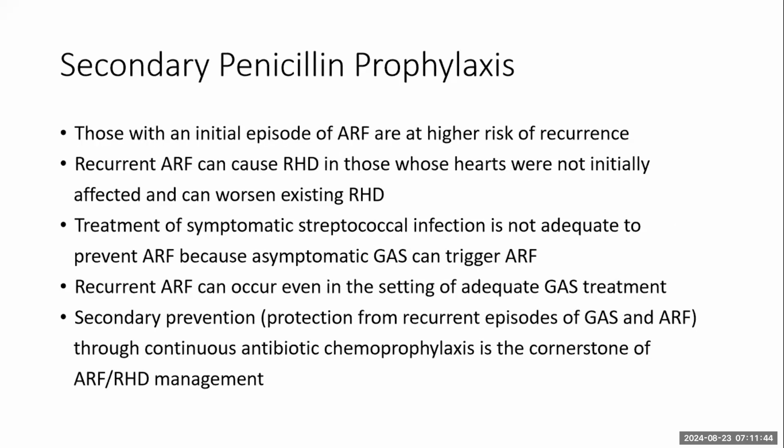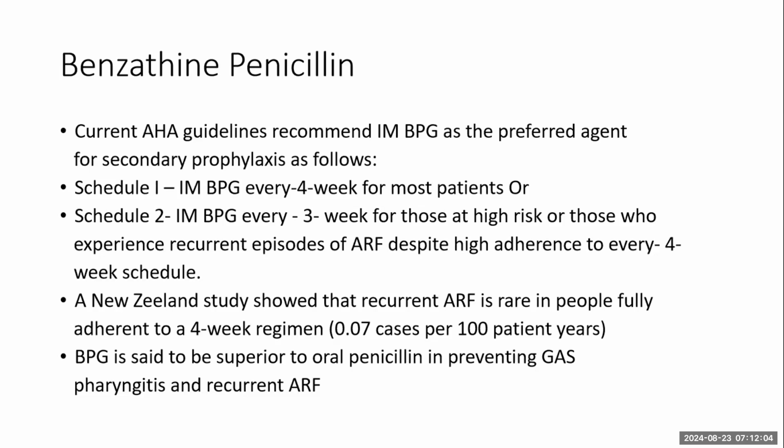For secondary penicillin prophylaxis, which is our specific management, it is started in those with an initial episode of acute rheumatic fever at high risk of recurrence. Treatment of symptomatic streptococcal infection is not adequate to prevent acute rheumatic fever because asymptomatic GAS can trigger acute rheumatic fever. So for our management, we start with intramuscular benzathine penicillin, and the current AHA guidelines recommend